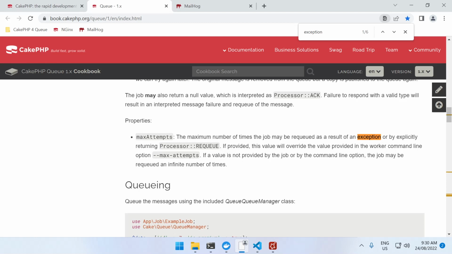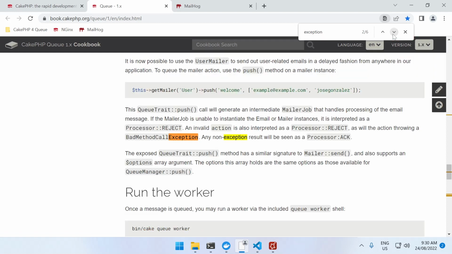If provided, this value will override the value provided in the worker command line. If a value is not provided by the job or by the command line option, the job may be requeued an infinite number of times. So looking at that,